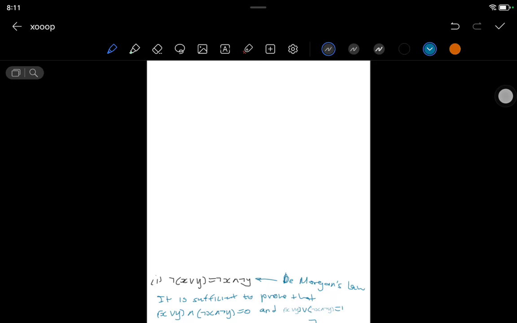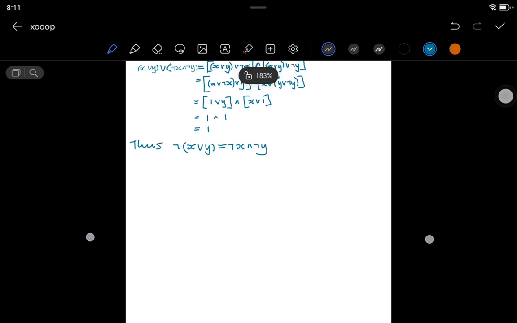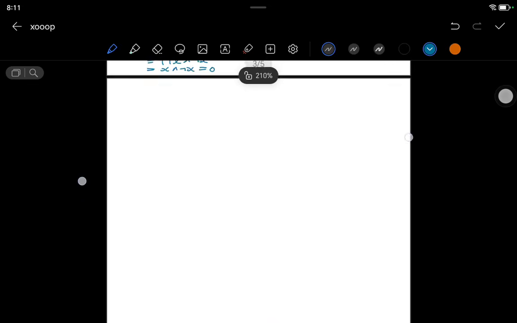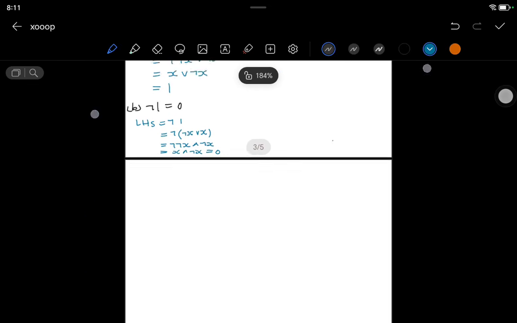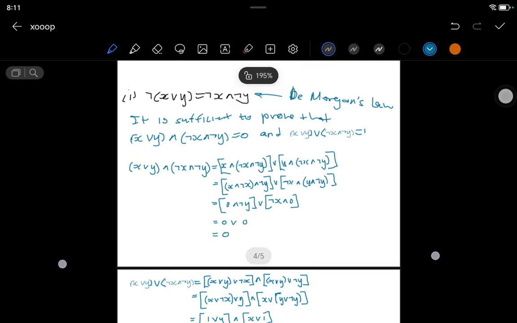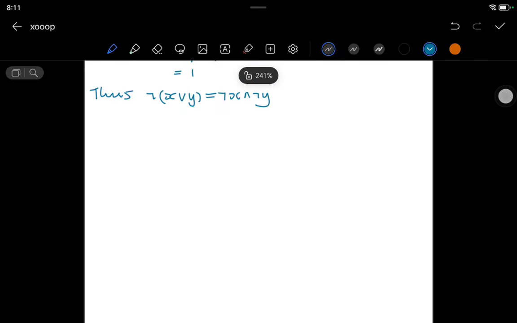So it means that now we can proceed to check. Let me see. How did I skip from here to here? But yeah, now we can proceed to check. I think the next question that we have here, if I look at these questions, they are the same. You're just going to prove them. You just check how to prove them, right? I've shown you already how to prove such a question. So let's go to